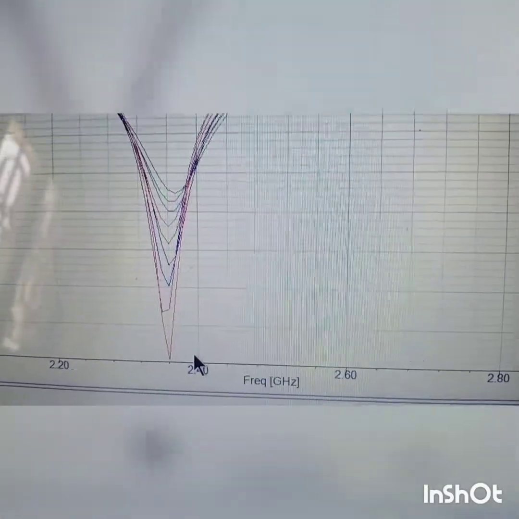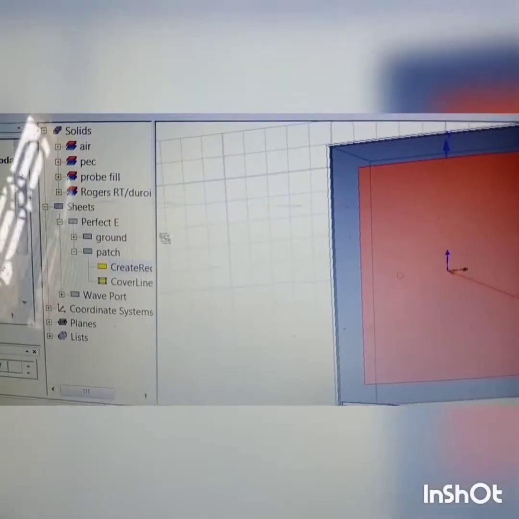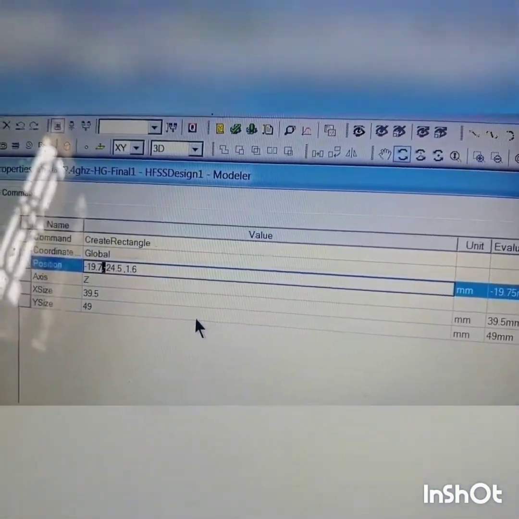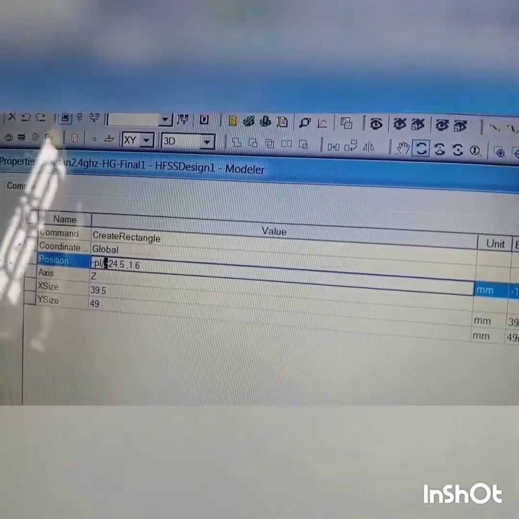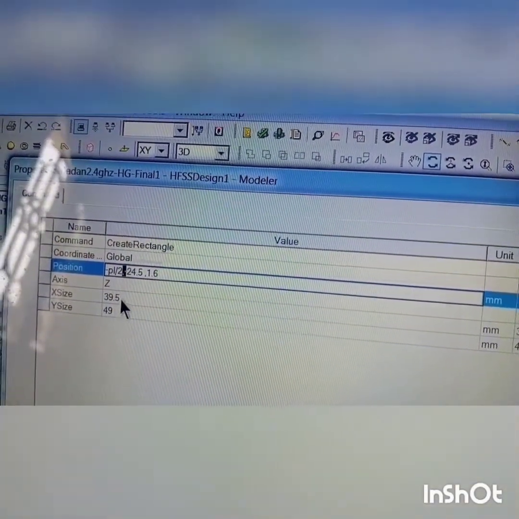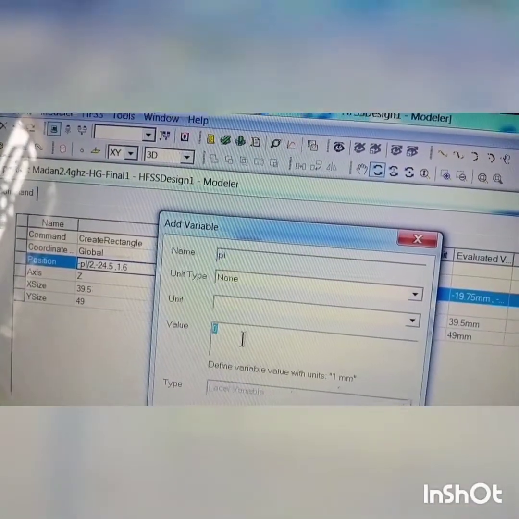Let us do that. For that, what I have to do is select the patch dimension again. See, this is the patch. Here we have put the direct value. Now I am making that a parameter PL. PL means patch length. PL divided by 2, and PL in this case was 41. So I'll select that one.